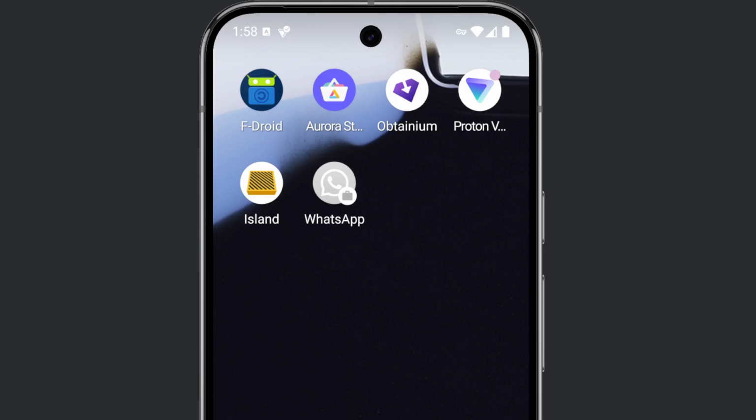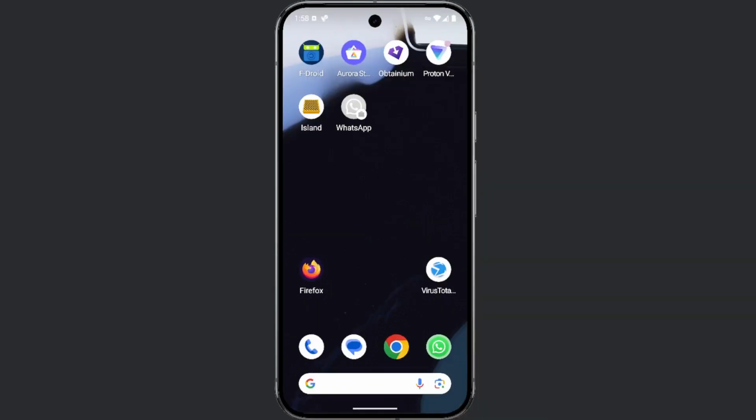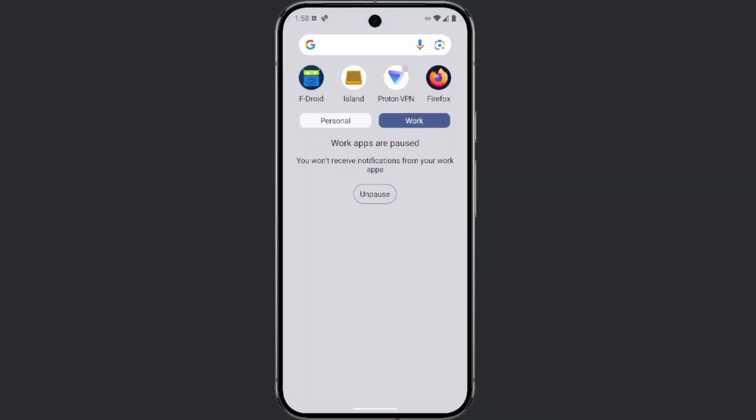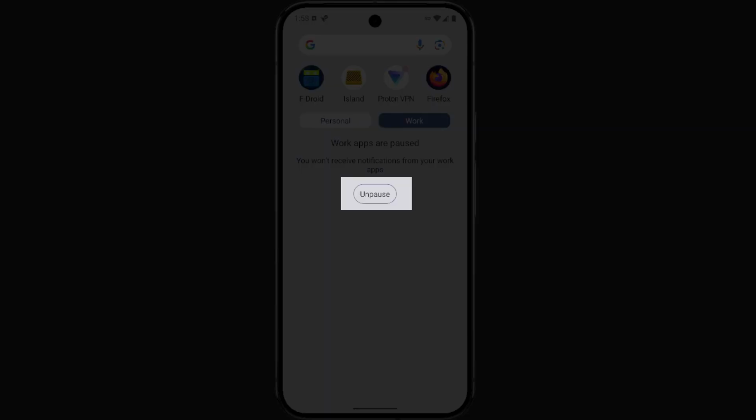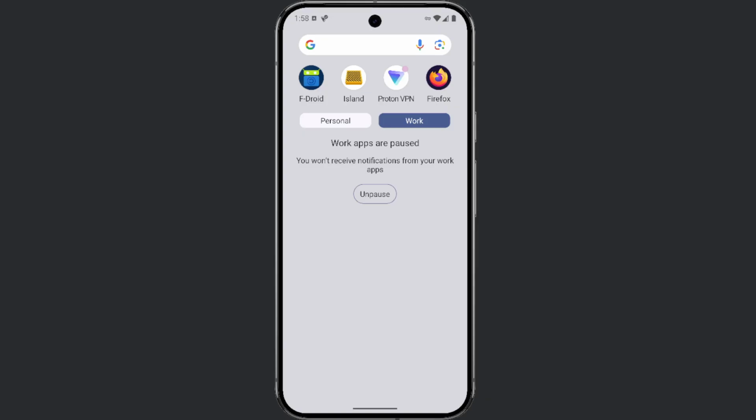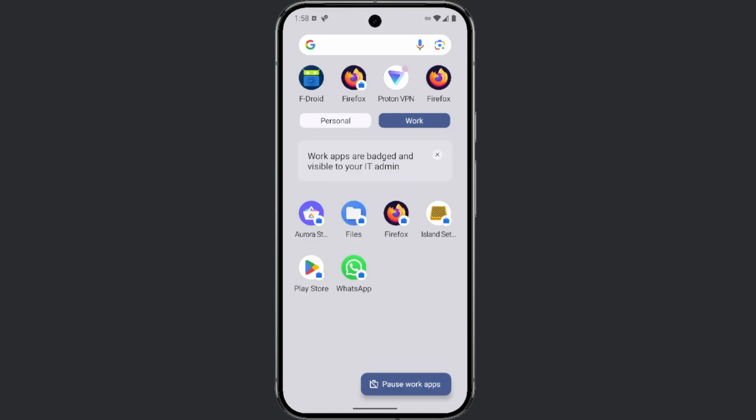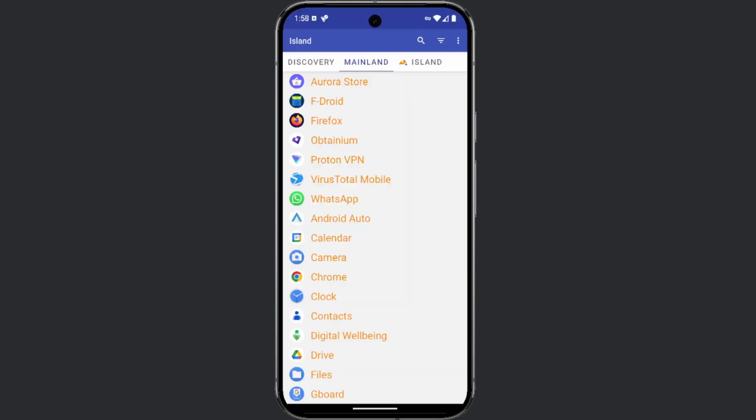At the beginning of the new workday, to reactivate the apps in the work profile, all you need to do is click the Unpause button, after which the work profile will be reactivated and you will be able to use them and receive notifications. If for any reason you want to delete the work profile after creating it, launch Insular,